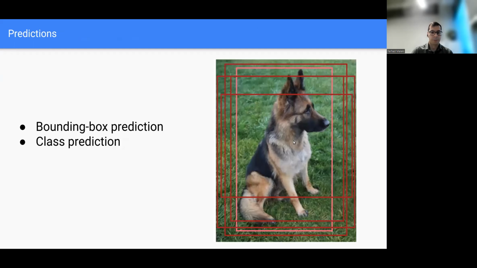Okay. Bounding boxes for this image, we see that most of these bounding boxes are good candidates, but still I want one single bounding box. So this means that I need to get rid of some of them, plus I need to have a prediction for each of them. So ideally, all of these should give me a high probability for the content of the box being a dog.